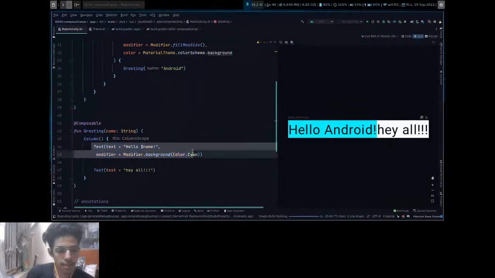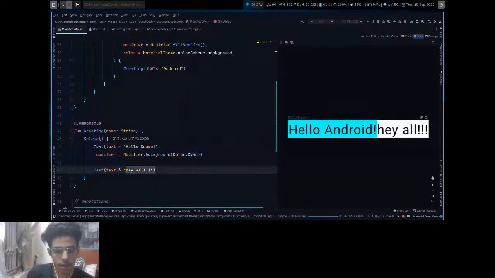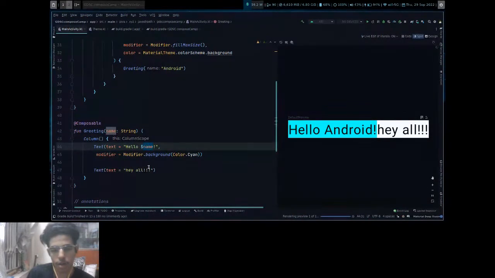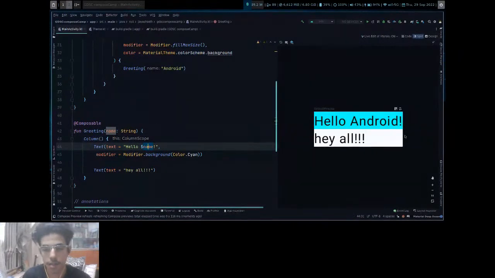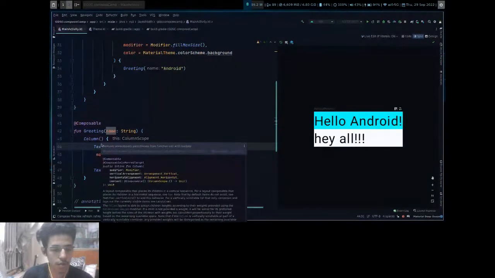So since this composable is on top of this composable, this will be on top, and this will be on bottom. It follows the same hierarchy of how you code, from top to bottom. As you can see, it is changed into column now. So this is what layout does.